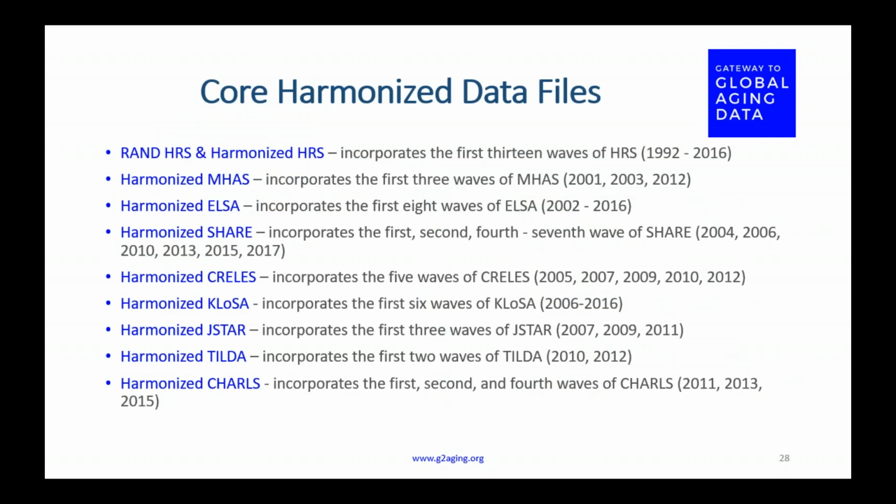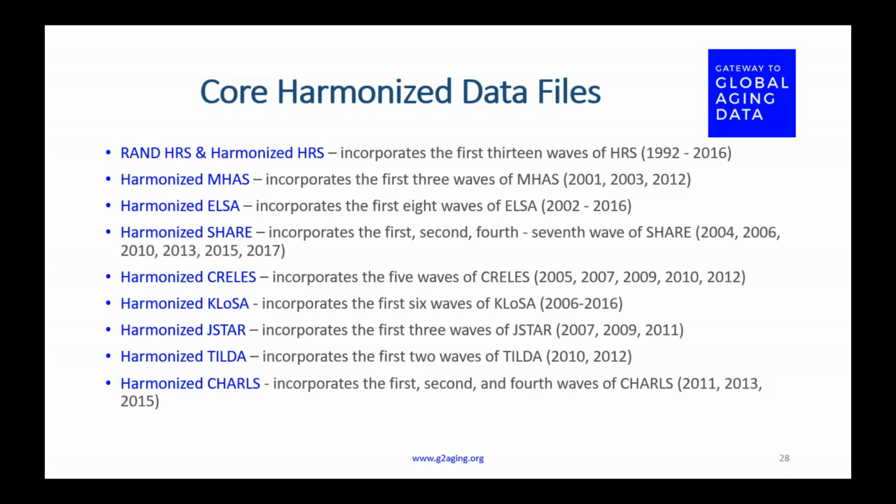So here's a list of the core harmonized data sets that are currently available. For HRS, there's a RAND HRS and a harmonized HRS. I'll speak briefly about why there's two. The RAND HRS is actually a much older project than the Gateway, and that's a user-friendly version of the HRS data that was created and is still maintained by the RAND Corporation. And it's a really popular way for people to use the HRS data because it's so user-friendly and has so